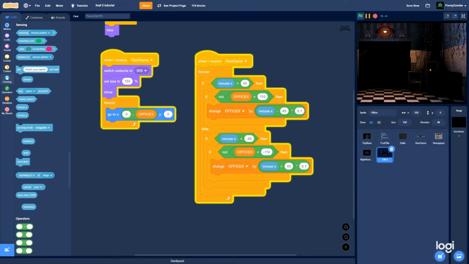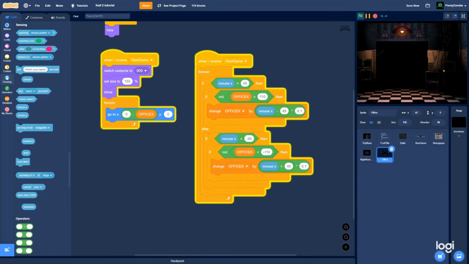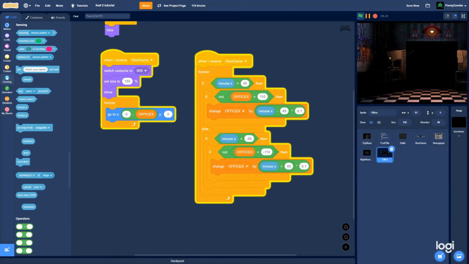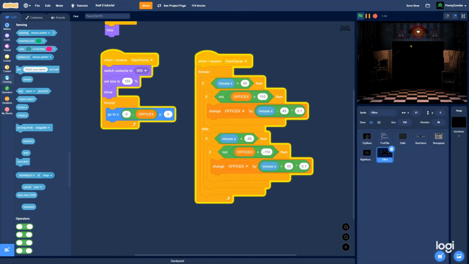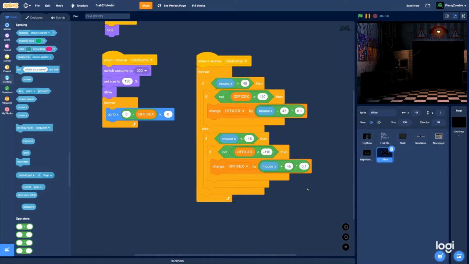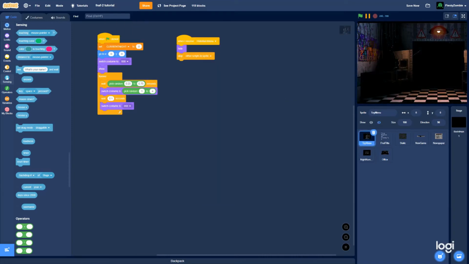There you go. As you can see, we're now able to look around the office just like so, and that's looking really good. Nice. Okay. So now that that's finished, we're going to add some sounds to the game. So first, starting off with the toy menu,